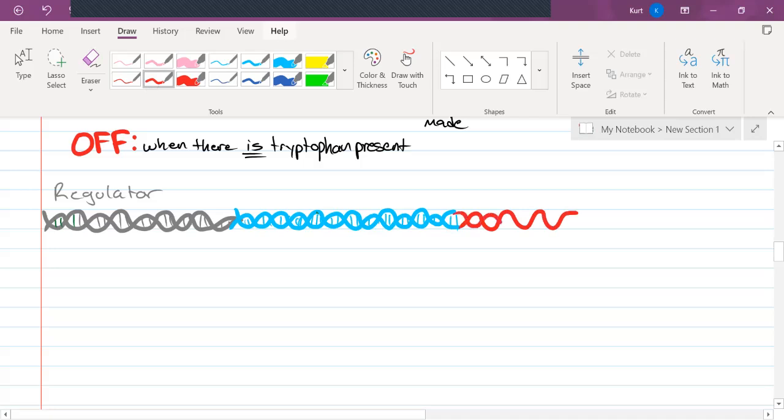Then we have this red portion, which is going to be the promoter. This is where RNA polymerase will bind. I'm going to ask you guys about RNA polymerase in a moment. We went over it yesterday, see if you recall. Okay, here's the operator. This is basically the on-off switch for the operon. I should probably label these. Promoter, operator,